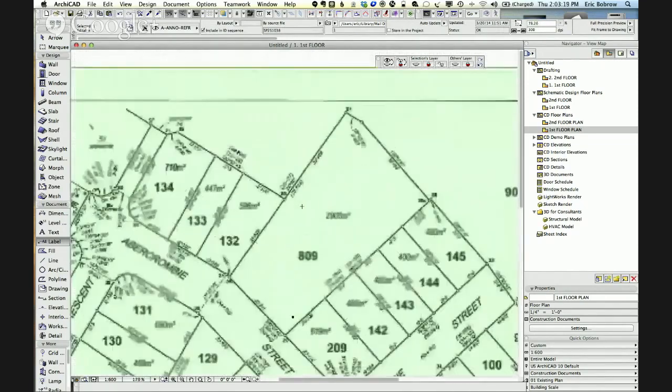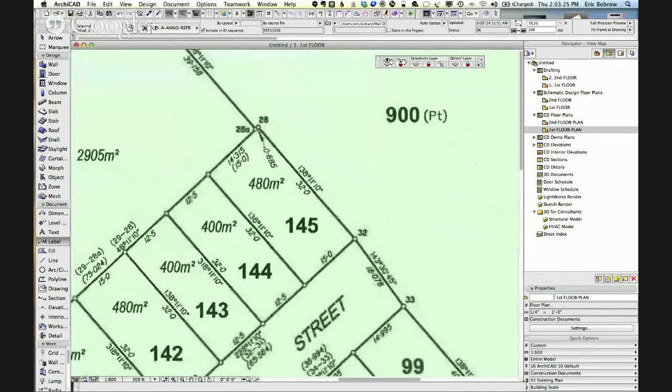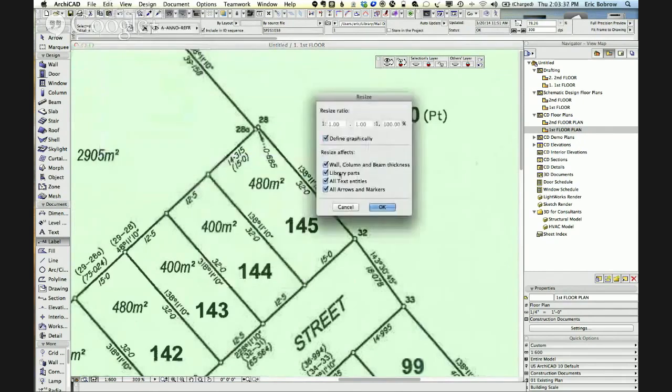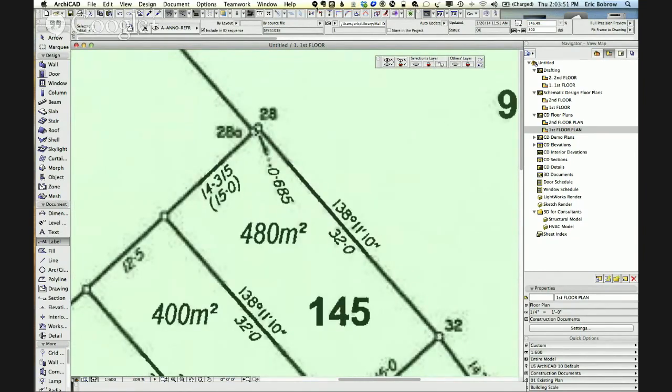So what I really want to do is find something that I can read, hopefully. Here's the 138 feet, no, that's the degrees, 32.0. I'm assuming that's probably 32 meters. So let's just see, if I were to say resize, and go from this point here to that point here, and say that I want it to be a distance of 32, you can see how it got bigger. Now if I measure this from here to here, it's 32.16,